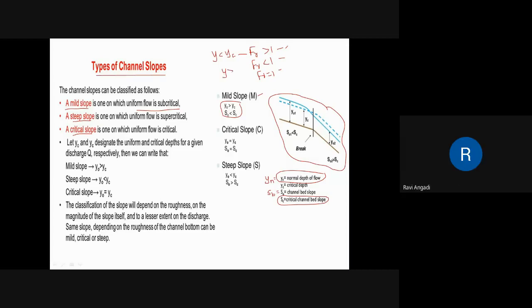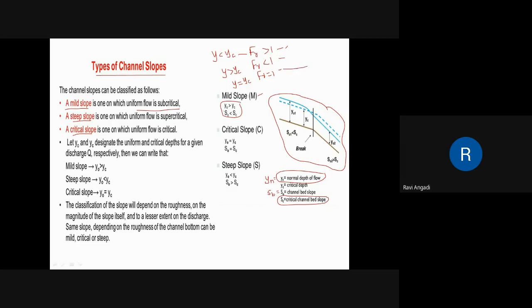If Y is greater than Yc, meaning the depth of flow in a channel is greater than Yc, it is a subcritical flow, right? Then for that we get a Froude number less than 1. Are you getting my point, all of you? If Y equals Yc, the Froude number equals 1, and we get